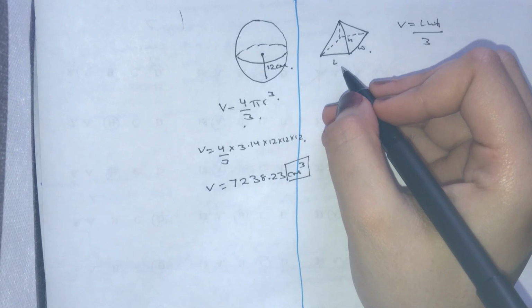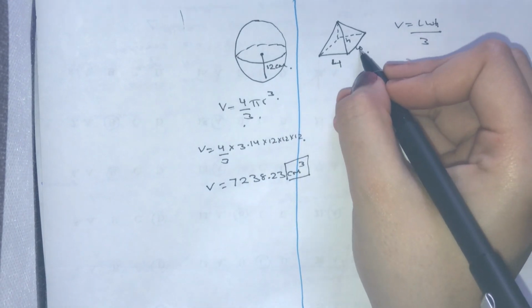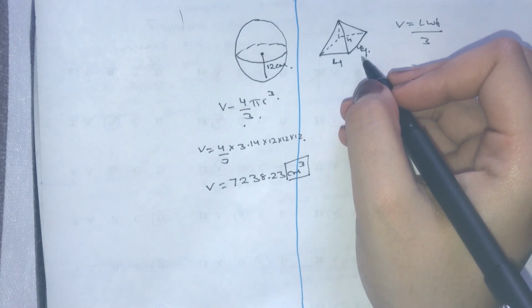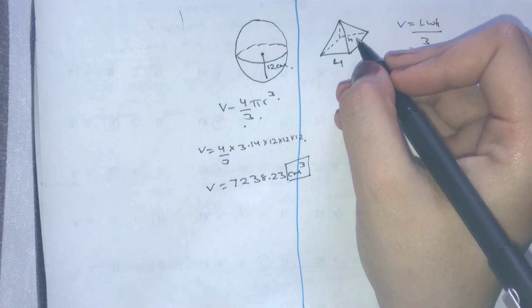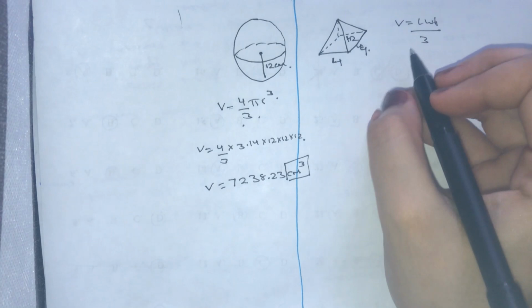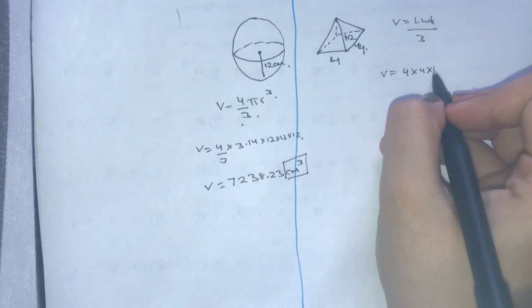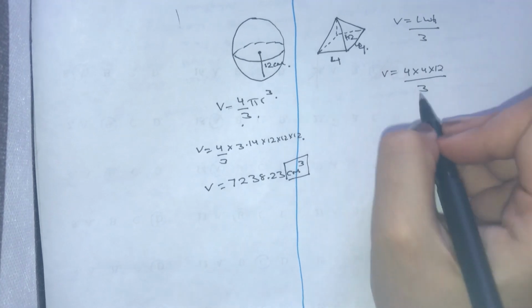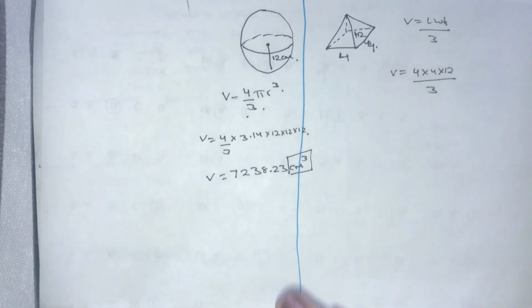Okay, so the length for us is 4. The width is also 4. The height is, let's say, 3. Do you want 3? No, let's put it as 12. Okay, so volume will be equal to 4 times 4 times 12 over 3. So you just substitute in the formula, and it's really easy to do as long as the